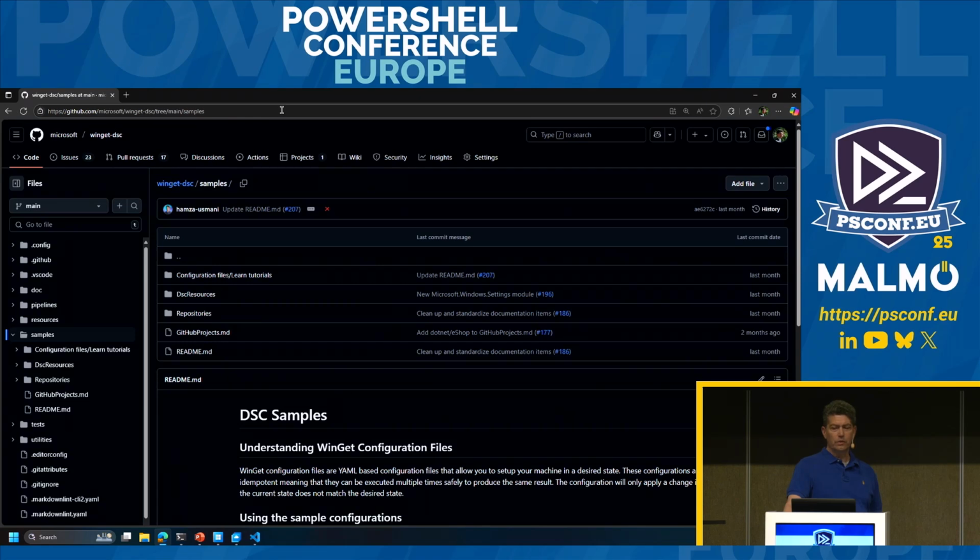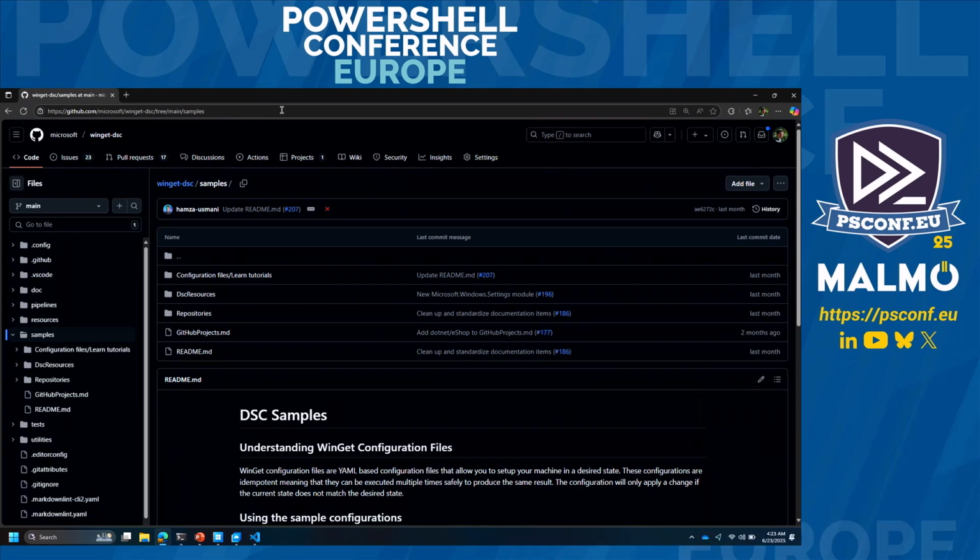aka.ms/winget-samples is the URL that gets me here. It's just a redirect. It's going into the Winget DSC repository. I've already got the samples directory highlighted here. We have several different kinds of samples in here today. Note, today these are all based on the V2 configuration and the V2 resources. We will still be backward compatible. All of the configuration files that you built, you don't have to go rewrite them. Winget is going to understand they're V2. It's going to run them that way. If they're a V3 configuration, we'll kick in and we'll orchestrate and we'll work with the DSC executable.